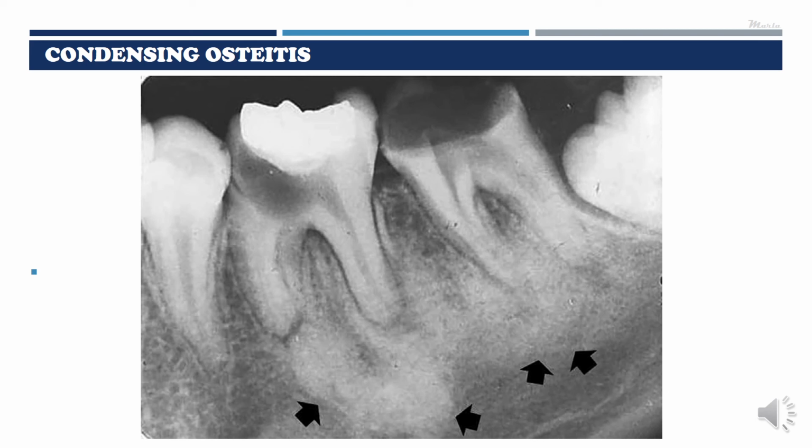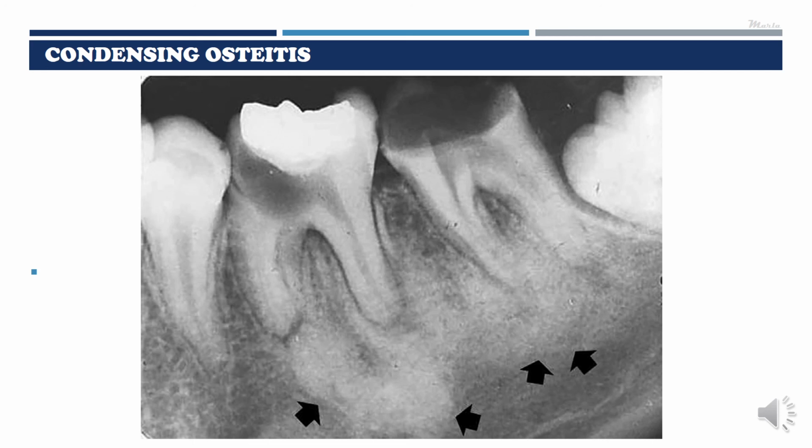When this happens, the periapical area will show a large area of radio opacity. A large area of radio opacity which is not attached directly to the root. The radio opacity is not separated by any radiolucency on the periphery. That means it is continuous with the surrounding normal bone. However, you can see the difference in the radio opacity of the normal bone as compared to that of the periapical area. This is what we refer to as condensing osteitis.